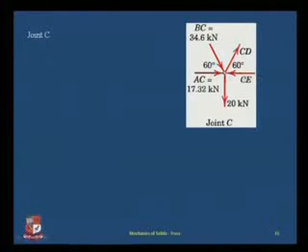Member CE is to be found, and I have another external force being applied, which is 20 kilonewton. If I apply my summation Fy equation, I get two components from these two forces and one component which is the external load applied. So I have CD sine 60 in the vertically upward direction, minus BC going downward, 34.6 sine 60, minus 20, again going downward, is equal to 0, from which I get CD is equal to 57.7 kilonewton under tension.